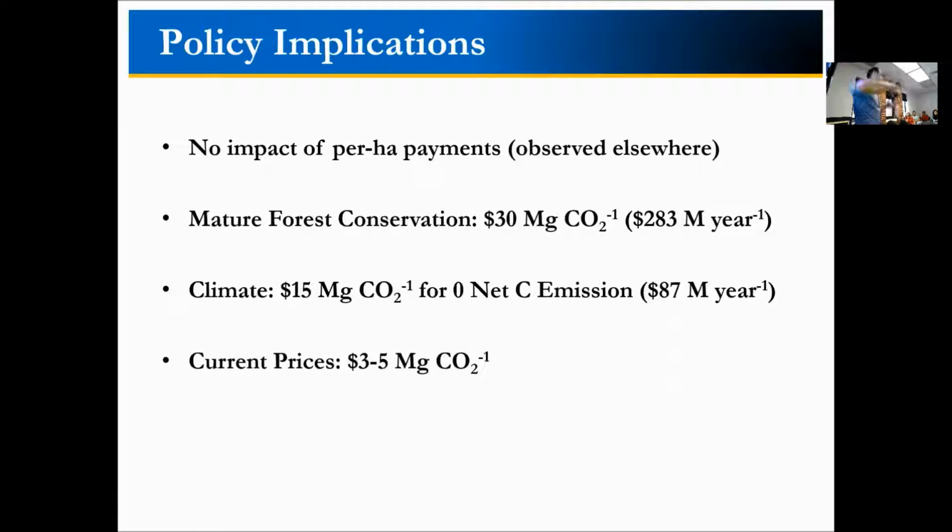But we need to keep in mind that the price of the unit of carbon credit, which is a ton of CO2, is actually between $3 and $5. So it's way below what we would need for that region. And we have this major issue, which is increased disparities. So you can come up with a REDD program and achieve zero net emissions, but you're increasing disparities among the households.